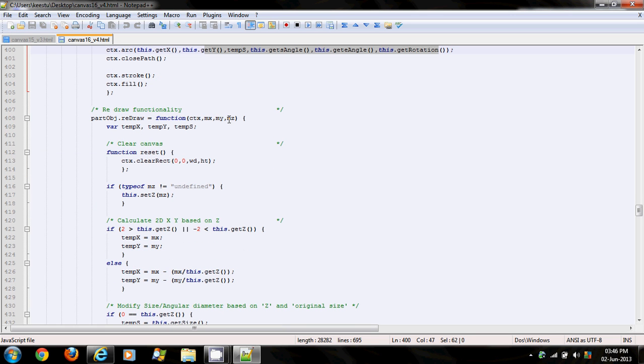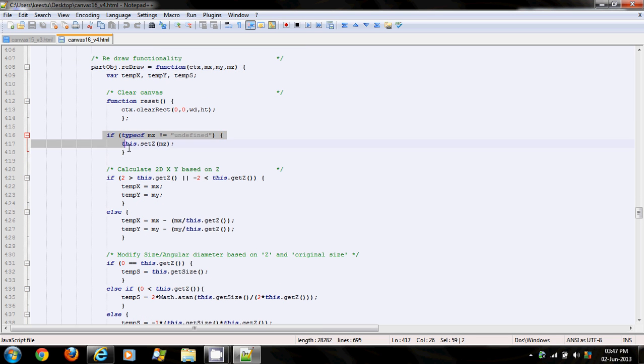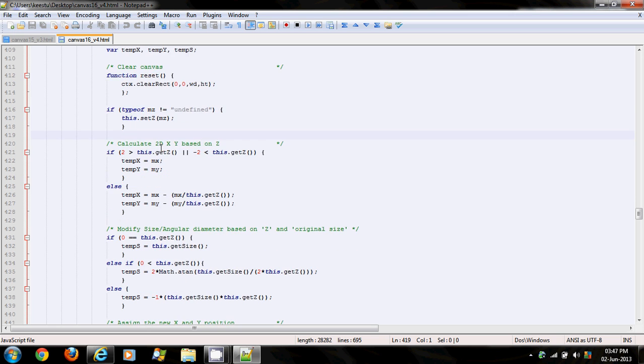Similarly, for the redraw functionality, the additional difference would be the MZ value. Yes, only X and Y used to be passed on. Just to add the depth feeling, I have put the MZ functionality. You can write your own generate particle function where you feel the criteria of Z can be given a real depth. Over here, unless and until Z is defined, you are not going to set the MZ value. So yes, the old code, whichever you want, where you only have context and mouse X and mouse Y location, it is going to still work, no issues.